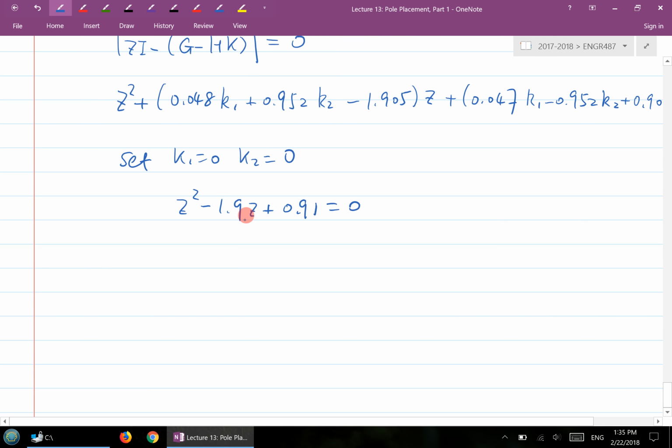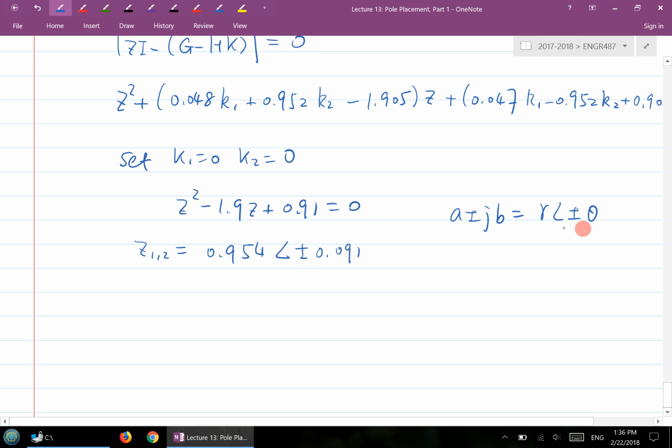Okay. Here's your characteristic equation. Then you can solve for its roots, or the poles of the system, and chances are you end up with a pair of complex conjugate numbers. So if you solve this one here, in this case you'll get a pair of complex numbers, their conjugates, of course. For any complex number, you can always write it into its